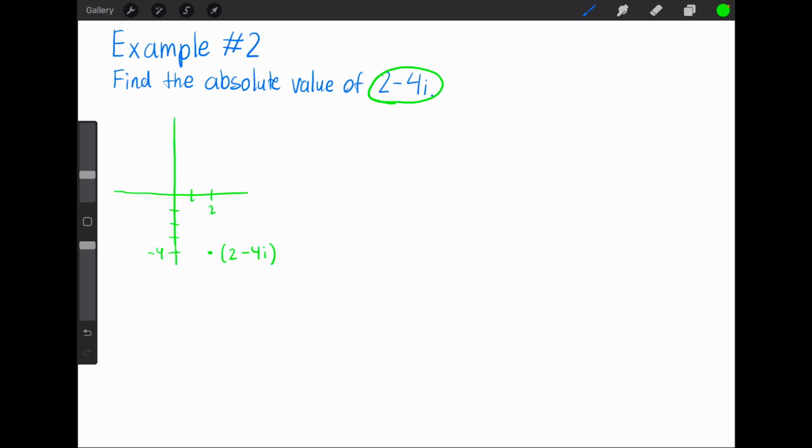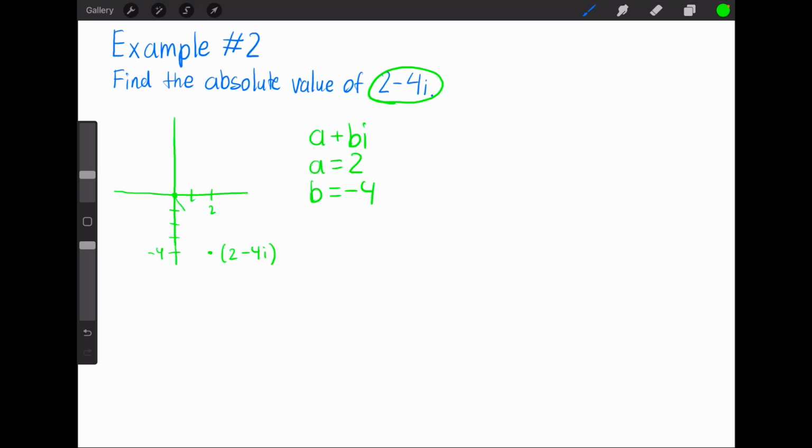Because we know the form of a complex number is a plus bi, we know that a equals 2 and b equals -4. And because we are looking for the absolute value of this complex number, which is the distance from the origin to the complex number,